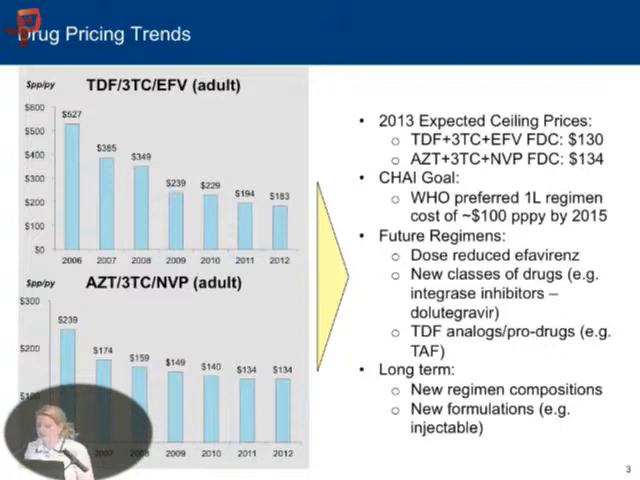pipeline as well. There's also a lot of work going on in terms of trying to think about new regimen compositions. So do you need to actually have a triple drug regimen? Can you have a PI and an integrase inhibitor? What are some other combinations of regimens that may be able to have equal, if not better, efficacy as well as lower cost? And also looking in the longer horizon at novel formulations, such as injectable